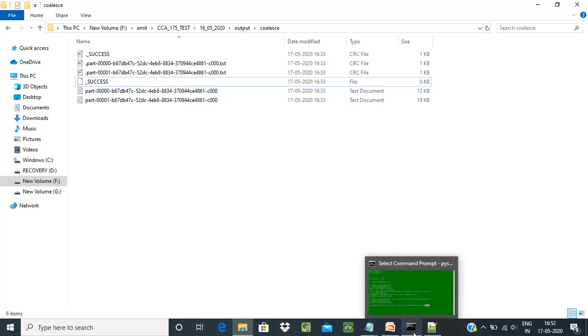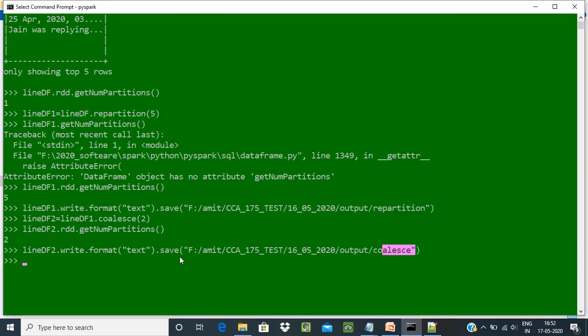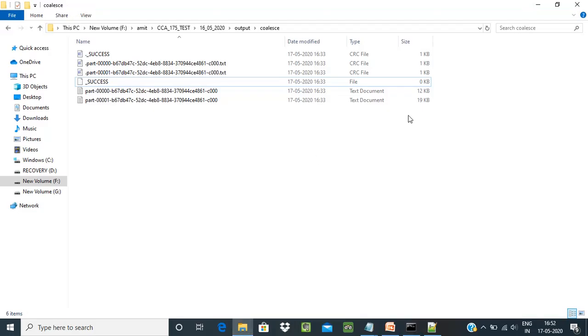And the basic thing, the actual difference you see here, the data file is written here. See, 12 records in one partition and 19 in the other partition. This is a huge difference. It is because with coalesce you are reducing the partitions, so it does not distribute the amount of data in each partition in a balanced way. Some partitions have fewer records, some have more records.